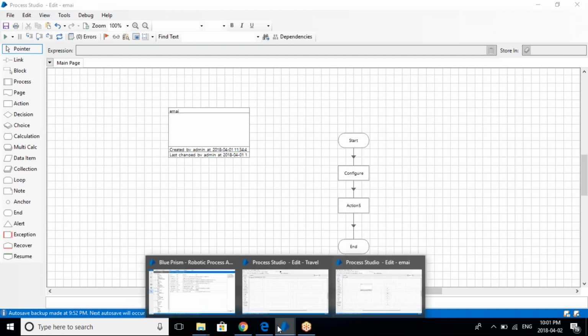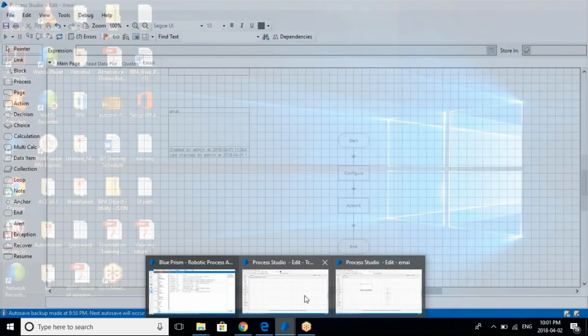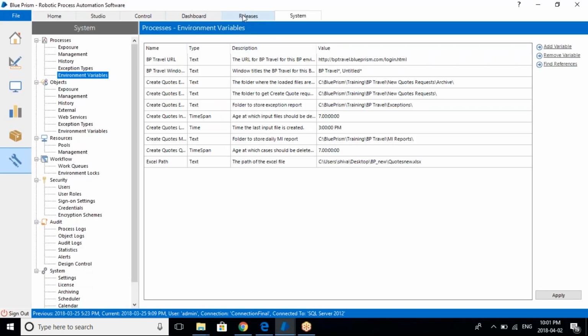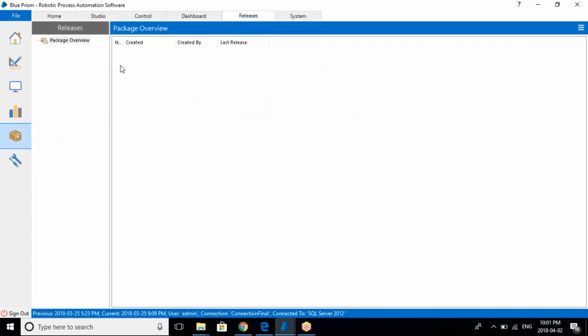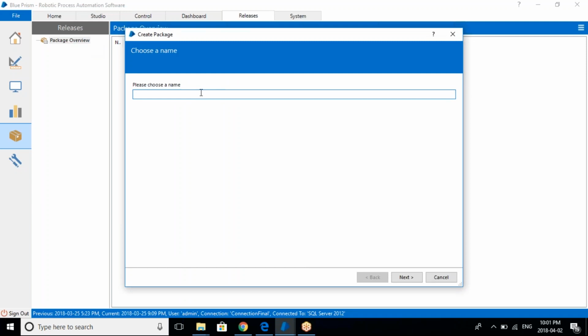I'll show you just a quick thing here. Once you go here, there is a tab called release manager, right? Once you go in the release manager tab and right click on the release overview, you see the option called new package. The new package is nothing but the one I'm talking about, creating a new package for your entire application. Once you click on new package, let's say I give a name, travel application,